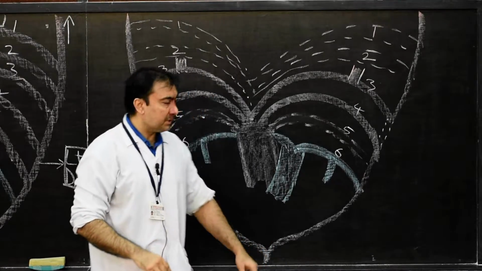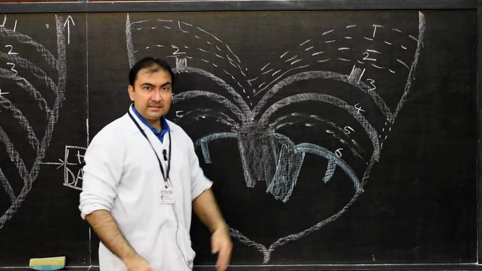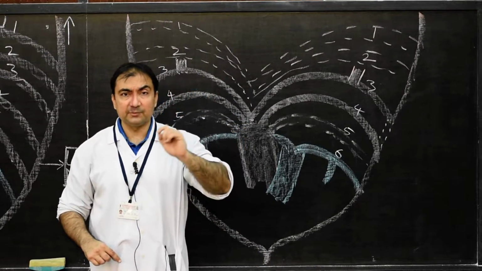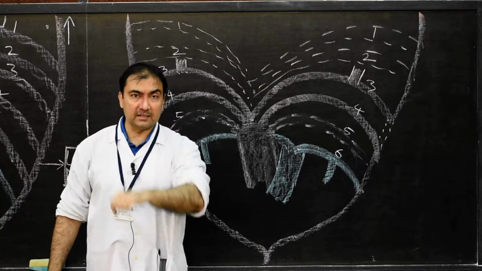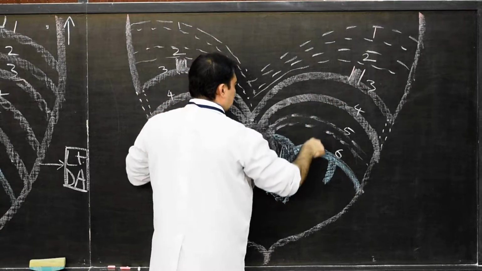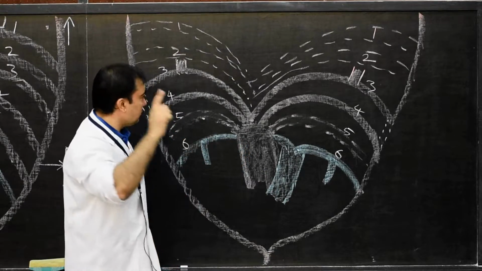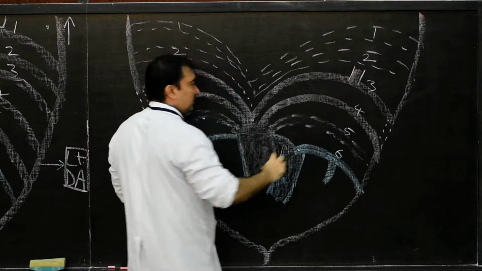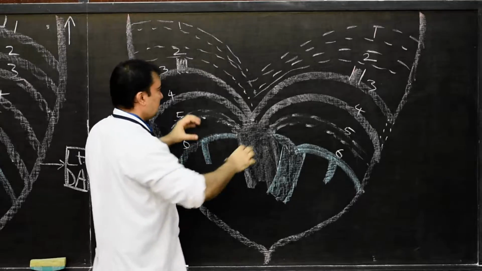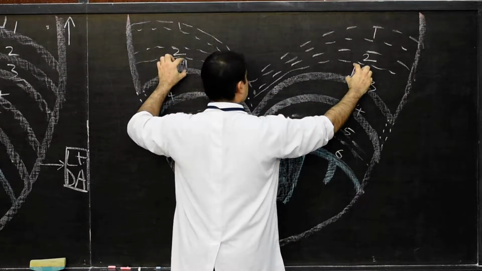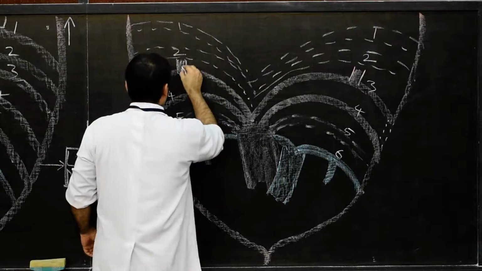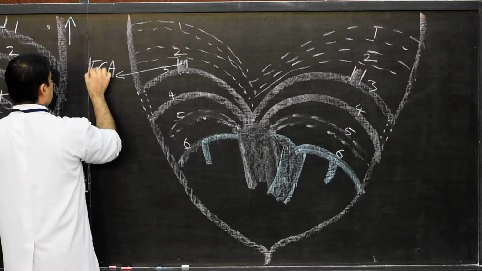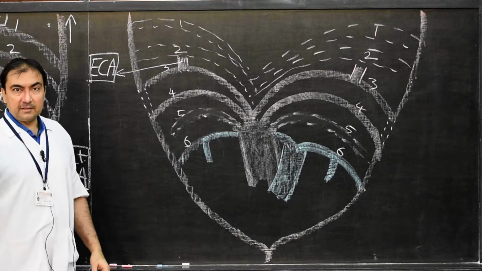So total how many arches have disappeared? Fifth arch has disappeared, first arch has disappeared, second arch has disappeared, except a small segment of the first arch which will remain as maxillary artery and a small segment of the second arch which will remain as stapedial artery. Now we are left with 3, 4, 6. Very interesting. Now, from the third, where my fingers are, we have developed a bud. From the third, from the proximal segment, a small bud will develop, and that bud will be known as the external carotid artery.